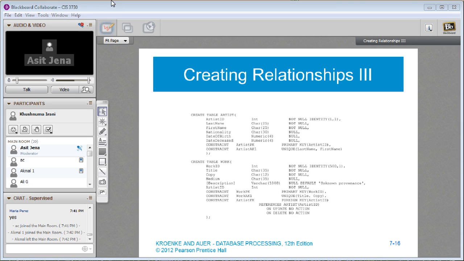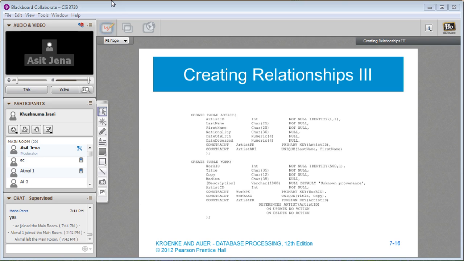Here is a table, create table artist with not null identity. That means artist ID increases by 1. It starts with 1 and increases by 1. And the constraint is that the primary key is artist ID, and last name and first name is unique.